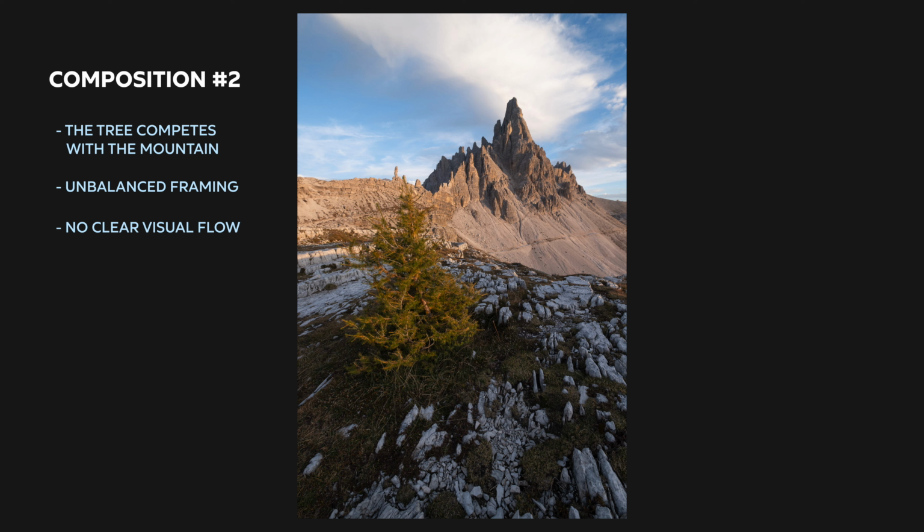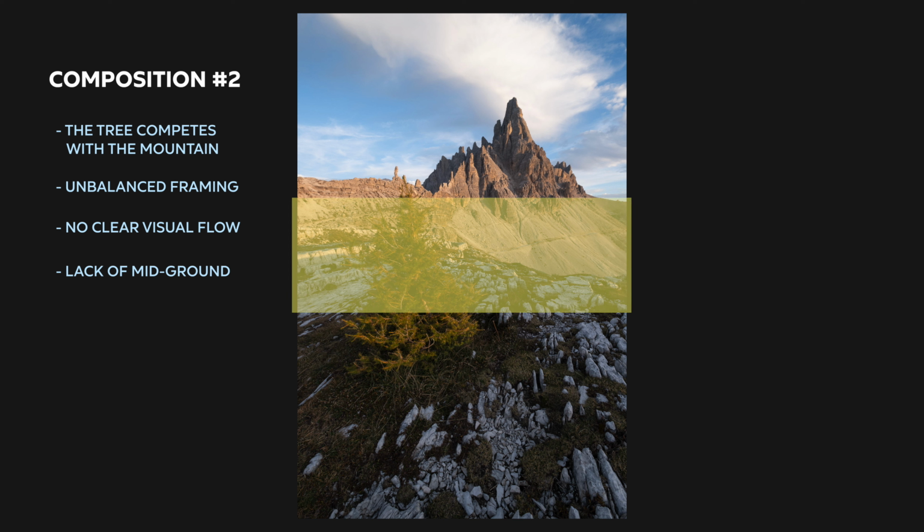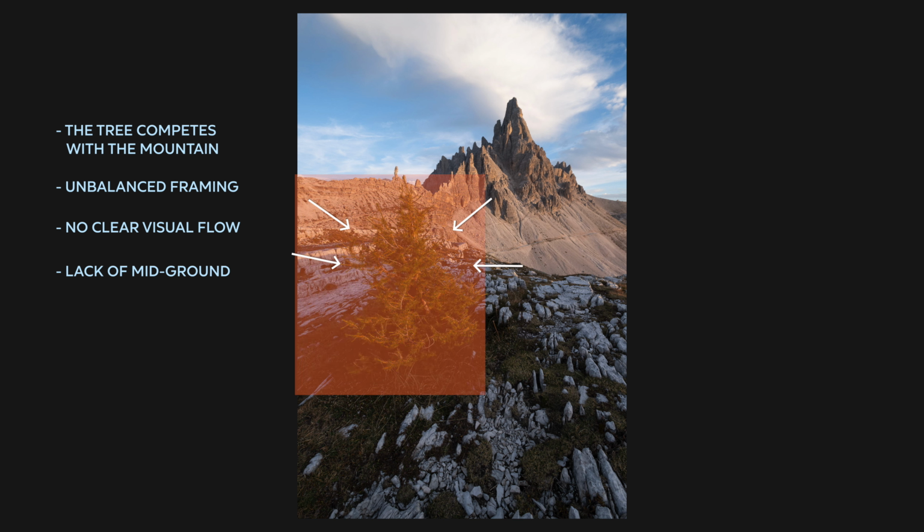Another significant problem here, another mistake I see very often, is the lack of a clear midground. That's most of the time correlated with the camera's height, and here it is emphasized even more because of the tree that obstructs this part of the scene. When you want to include an interesting foreground, it's crucial to be mindful of the middle distance and the camera's